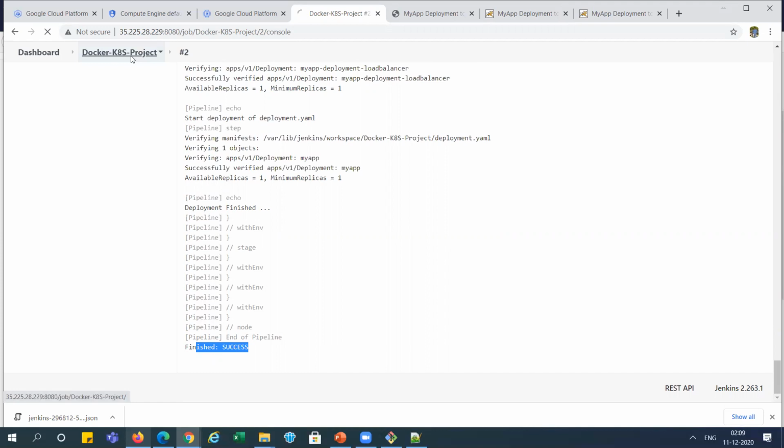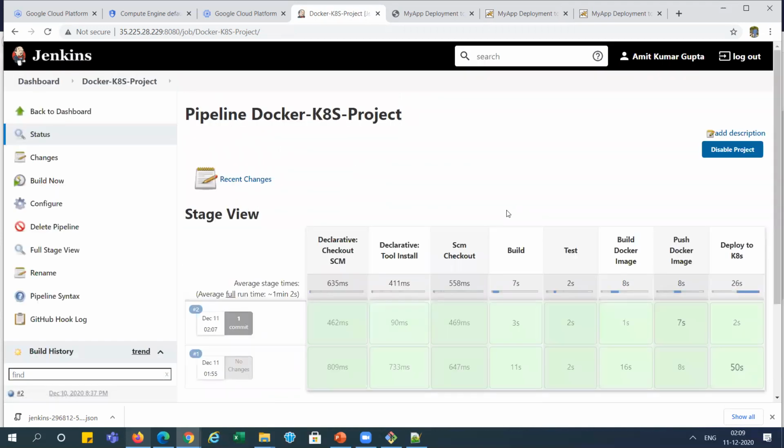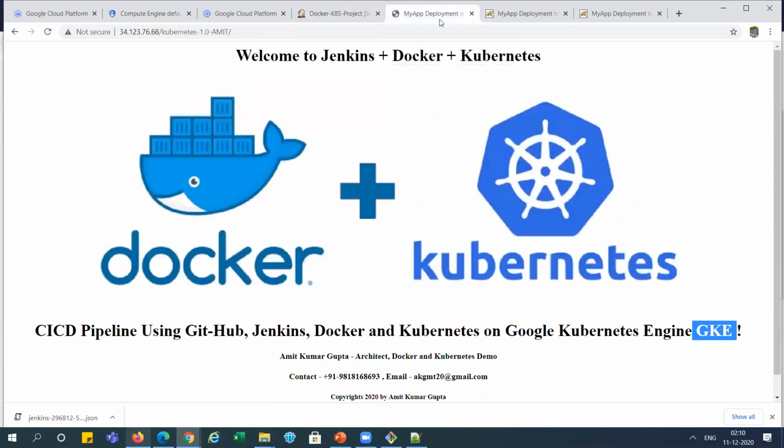Now you can see it is showing over here, and you can see here it is showing one commit in this file. We changed one file, so it is showing one commit, right? Here also. So let's refresh the application and see whether the update is coming here or not, right? This is our intention. Just refresh it. You can see this is coming over here directly.